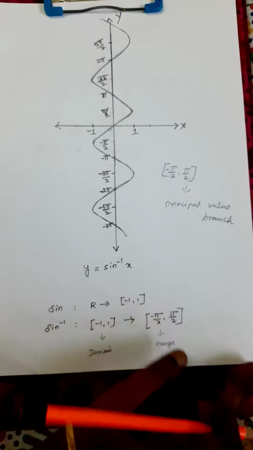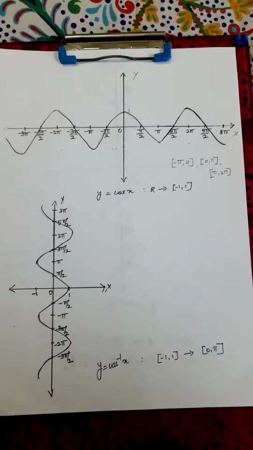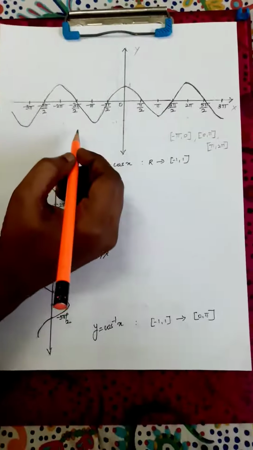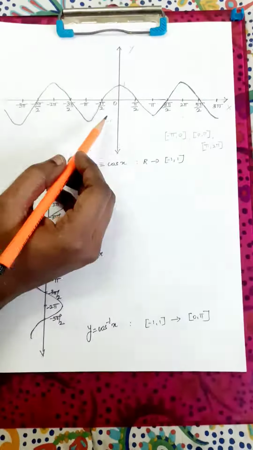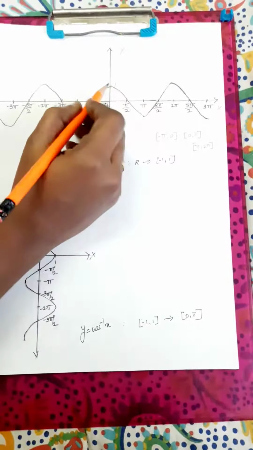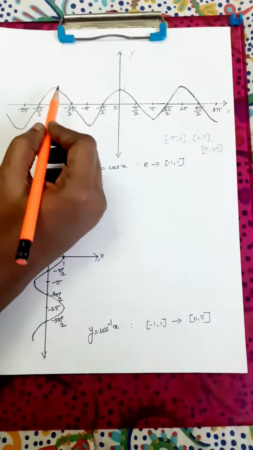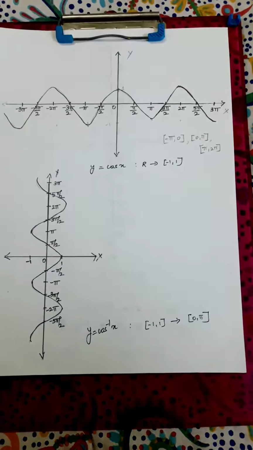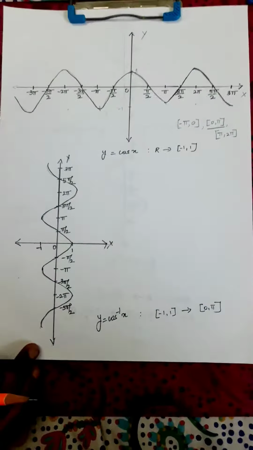Now we will see the cos function. Now look here, this is the graph of the cos function. This function is 1 to 1 and onto in various intervals. See minus pi to 0, from here to here, then 0 to pi, pi to 2 pi, and on the negative side minus 3 pi by 2 to minus 2 pi. So in these intervals this function is bijective. To find the inverse of the cos function, we need to restrict the domain to 0 to pi. So this is the graph of the cos inverse function.